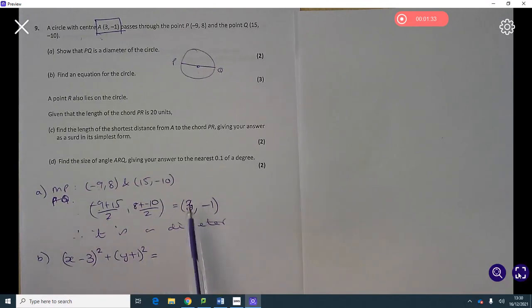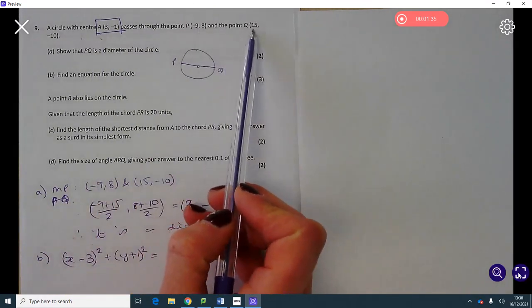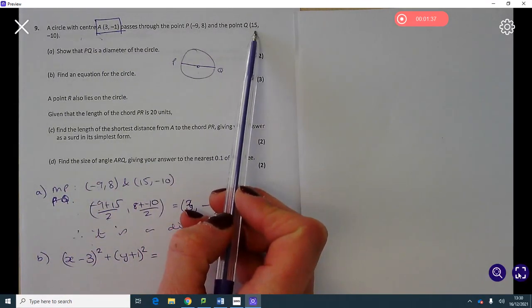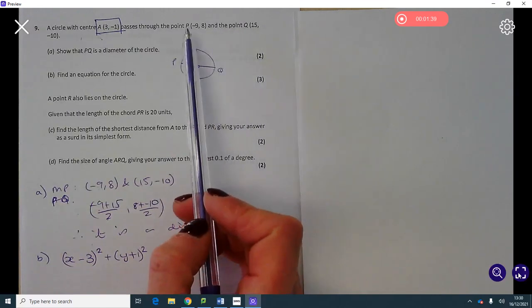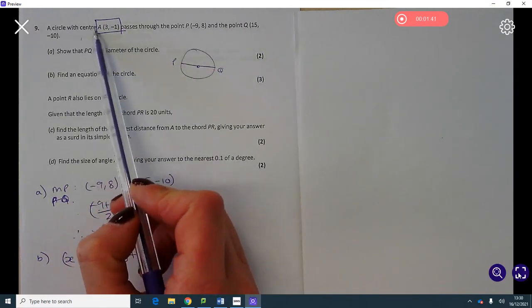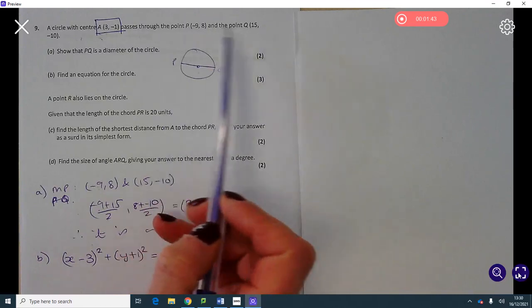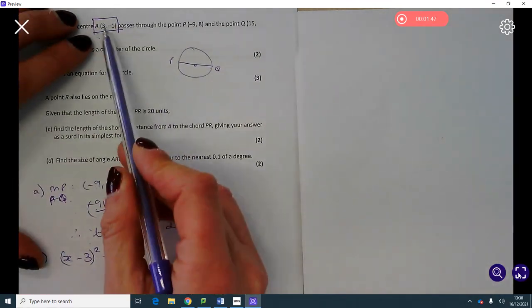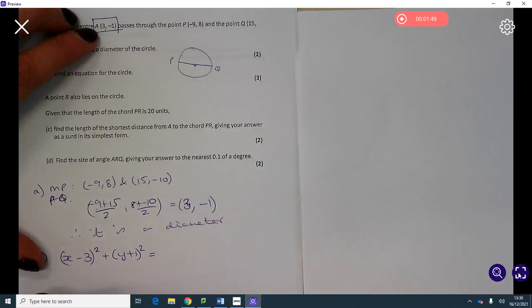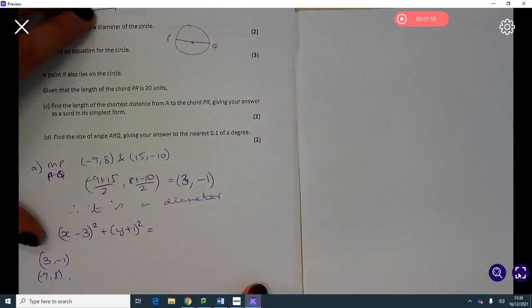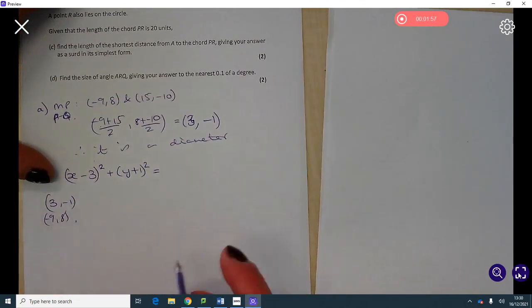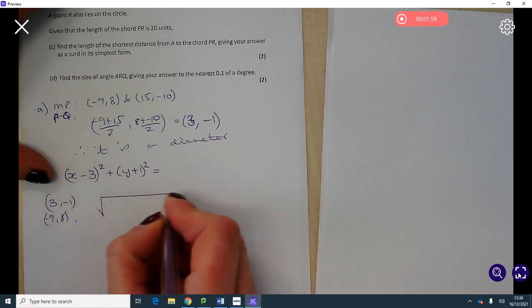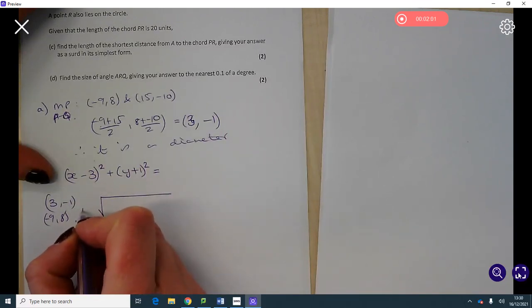We can either do that by finding the length of the diameter, so the distance between PQ, and then dividing it by 2, or we can just find the distance between the centre and one of those two coordinates. So I'm going to do that, save me an extra bit of work. So our centre is at (3, -1), and point P is at (-9, 8). We use Pythagoras to find the distance between those. So the length here of the radius